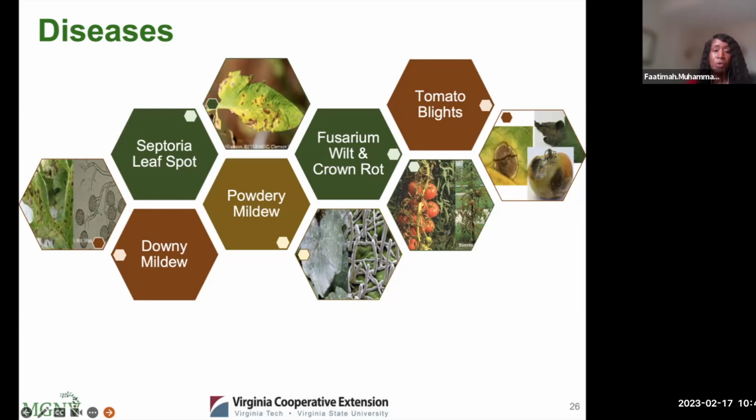So for example, the Fusarium wilt, the leaves will start to turn yellow and go downward and start to droop. A lot of folks deal with the early or late blight. There is a difference between the two. So you need to be familiar with the spots that may enlarge or show like a concentric type ring, ridges in a bullseye pattern. So I cannot stress the importance of knowing your plants and knowing which plants are susceptible to which types of